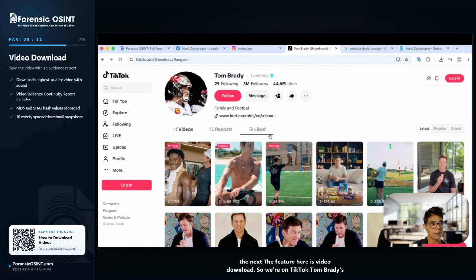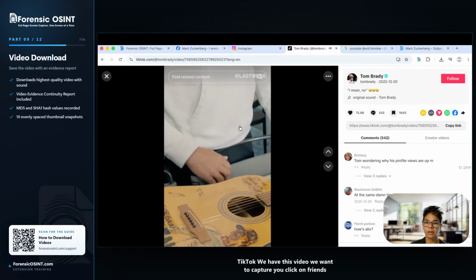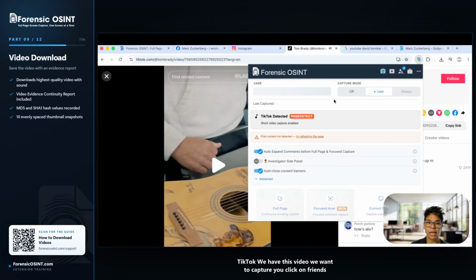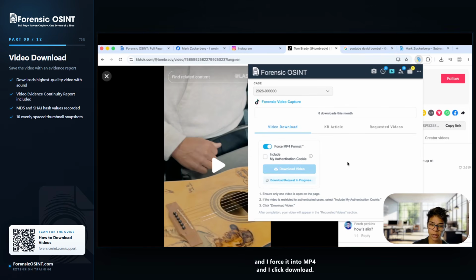The next feature here is video download. So we're on TikTok, Tom Brady's TikTok. We have this video we want to capture. You click on Forensic OSINT and you go onto this video button, and I force it into MP4 and I click download. What you're going to get with this is the video, and you're also going to get something called